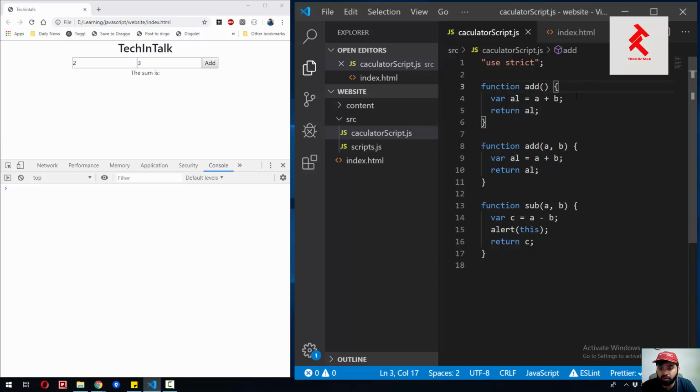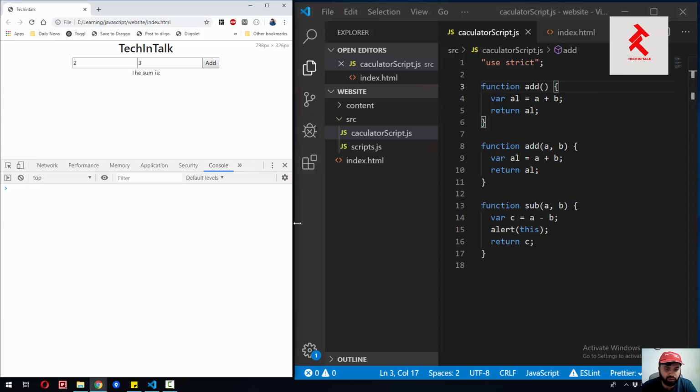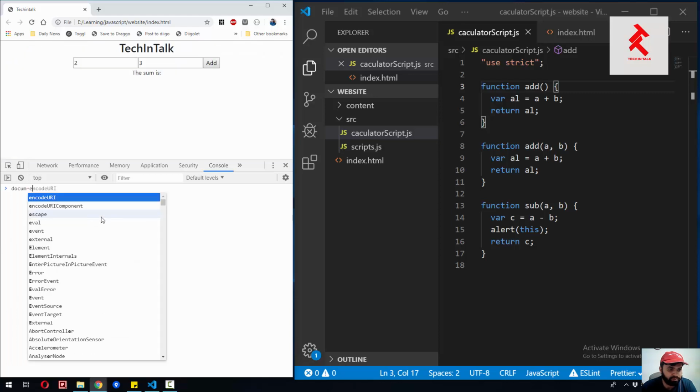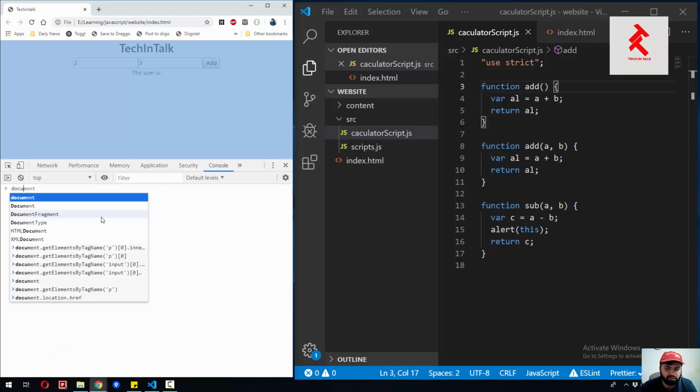So before writing code here, let us utilize our console area, and let's see how we can get maximum benefit from the browser's console area. The console area is very helpful for front-end developers who write code for browser apps. So how you can get benefit from this console area, you just need to start writing script here, right? So what we will do, as we are not using jQuery here, we need to access our variables